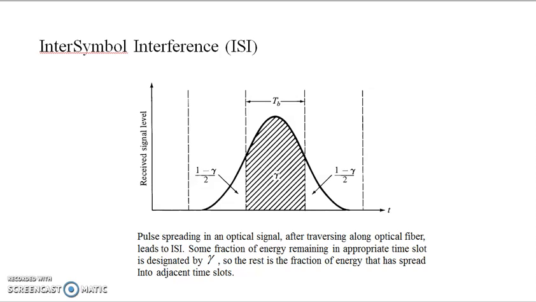Now we receive the signal at the end, and the fiber itself has the properties of attenuation and dispersion. Because of the dispersion, pulse spreading occurs in the optical signal, and due to that pulse spreading, there will be intersymbol interference. To remove the intersymbol interference, we need to use a fiber that has low dispersion, or we use a fiber